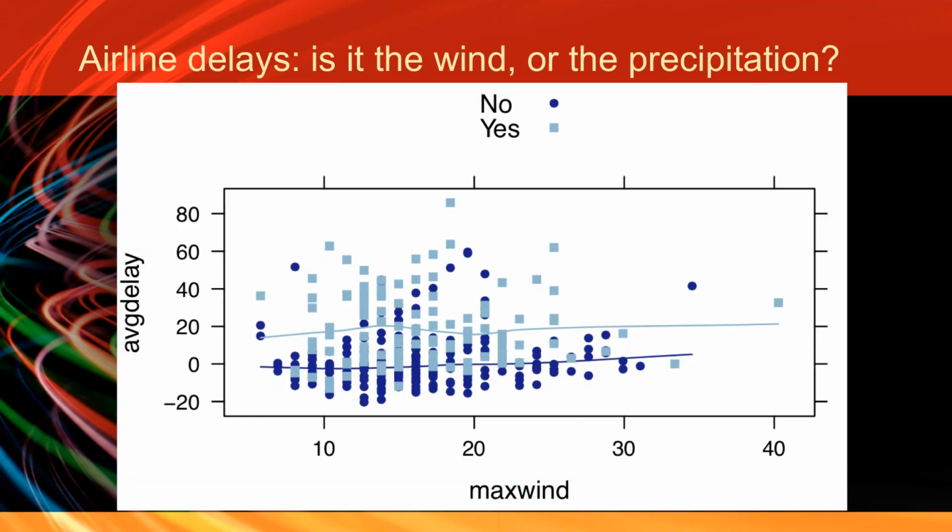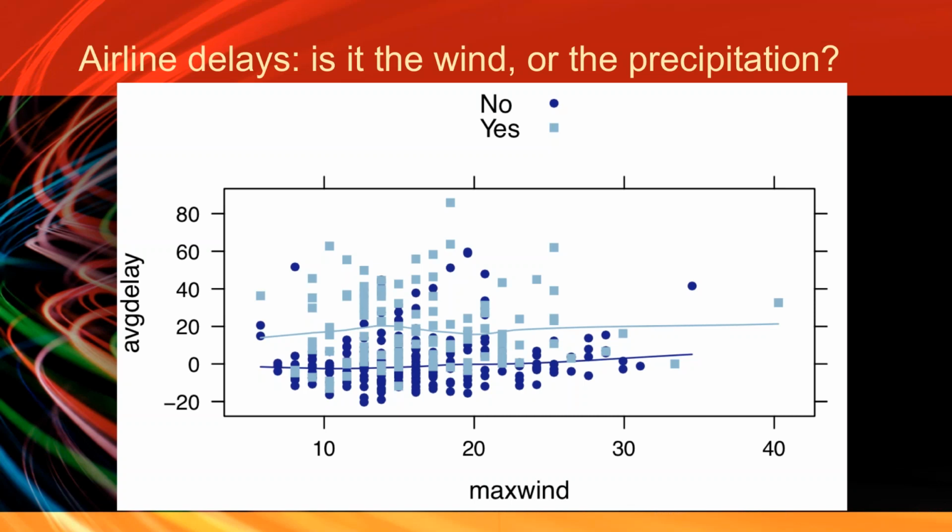We can think about a more complicated question. We have wind information about this. We have precipitation. I've given the code for this online and the examples. It doesn't really seem like it's the wind that's the problem. It seems like the precipitation. If we look at the light blue line, it's the days where there's actually precipitation of some sort at the New York City airports. And the dark blue line, there's not.